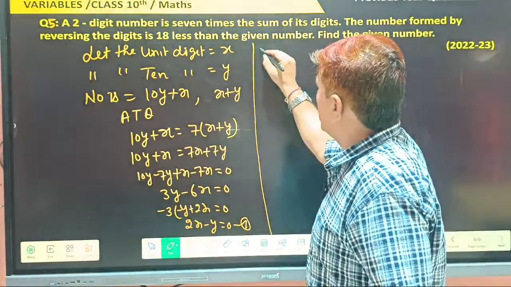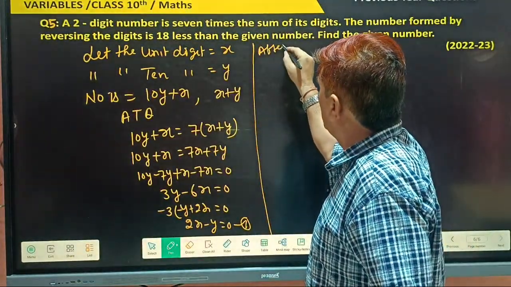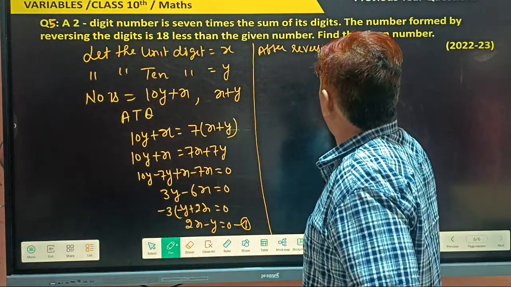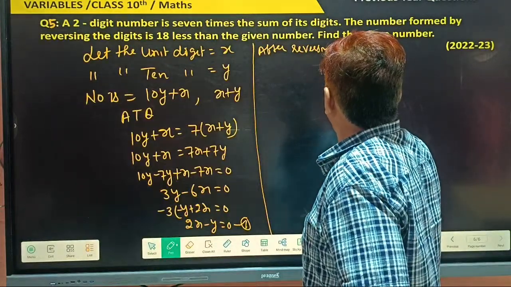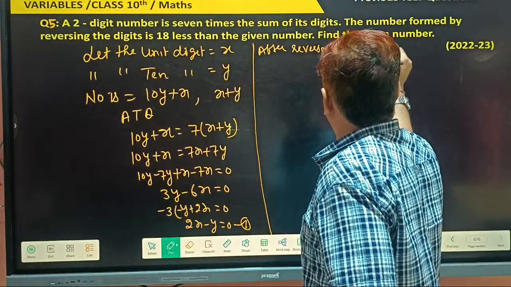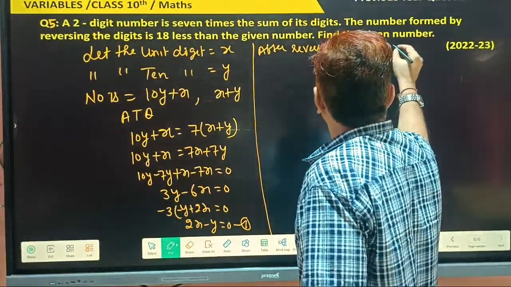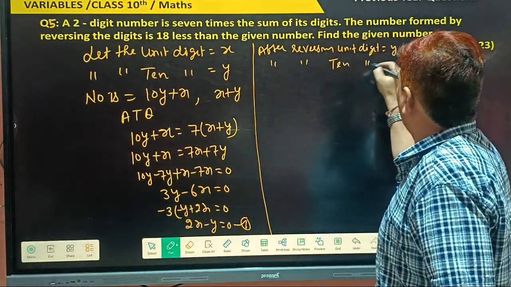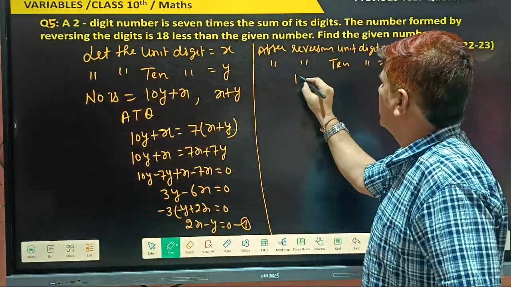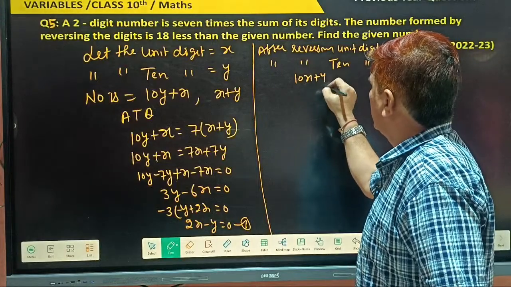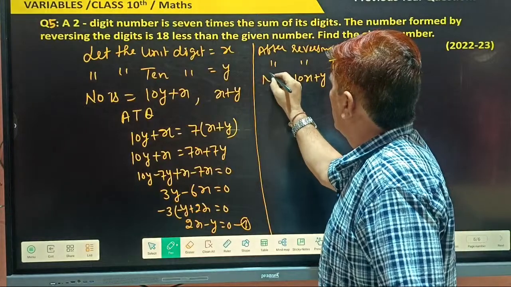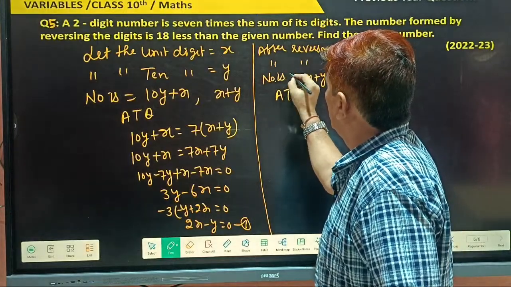So after reversing, which one is the unit digit? y. After reversing, the ten's digit is what? x. So the number is what? 10x plus y. And according to the question, the number is